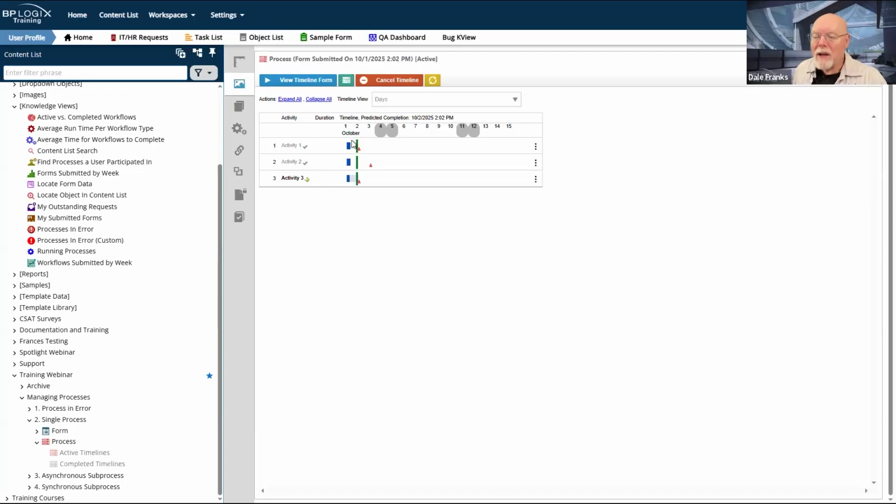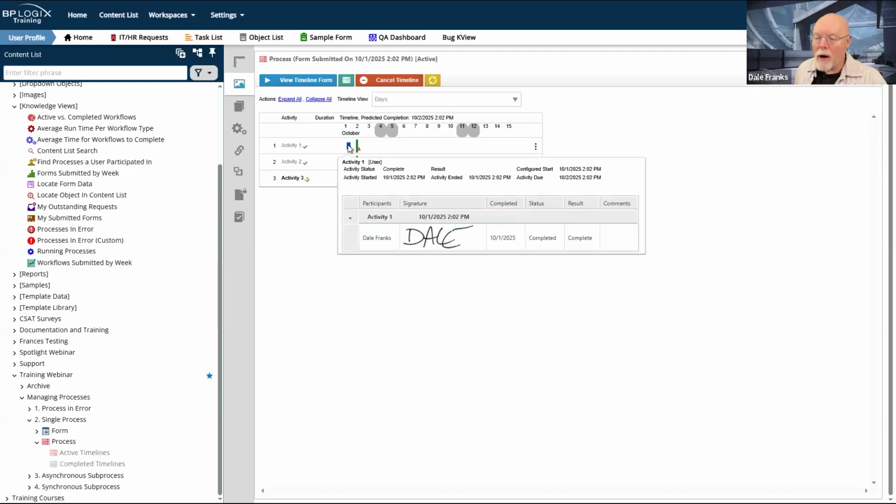Obviously, it depends on how your timeline is configured as to whether you'll see that or not. As I said, for each activity, if you roll over the bar, you can see an informational tooltip that pops up to look at the information about that specific activity. So you get to see its status, when it started, when it ended, the result of the activity, if any. I don't think any of these activities have any results, so you won't see any result listed on the very top line there of activity 1. And then at the bottom, you get to see a routing slip of that activity, and that just shows you all of the participants in that particular activity.